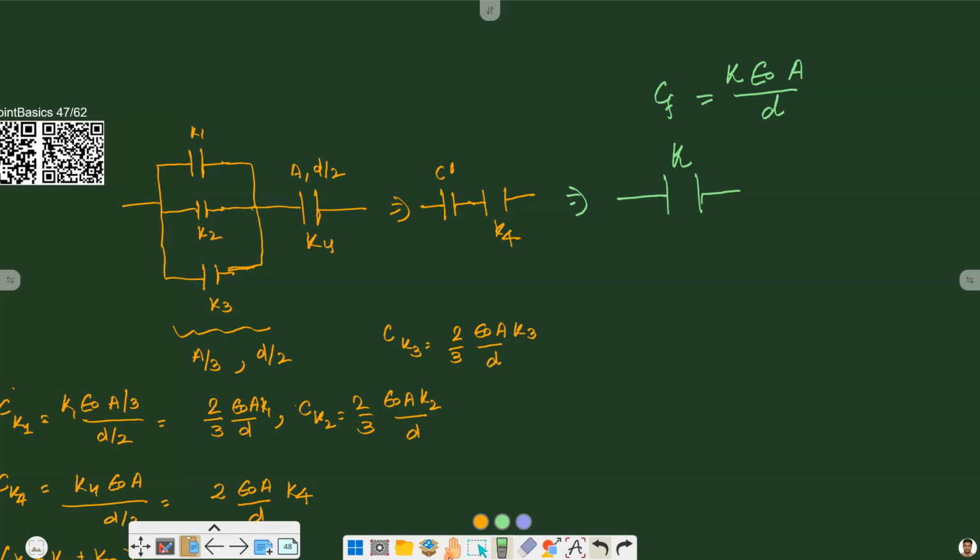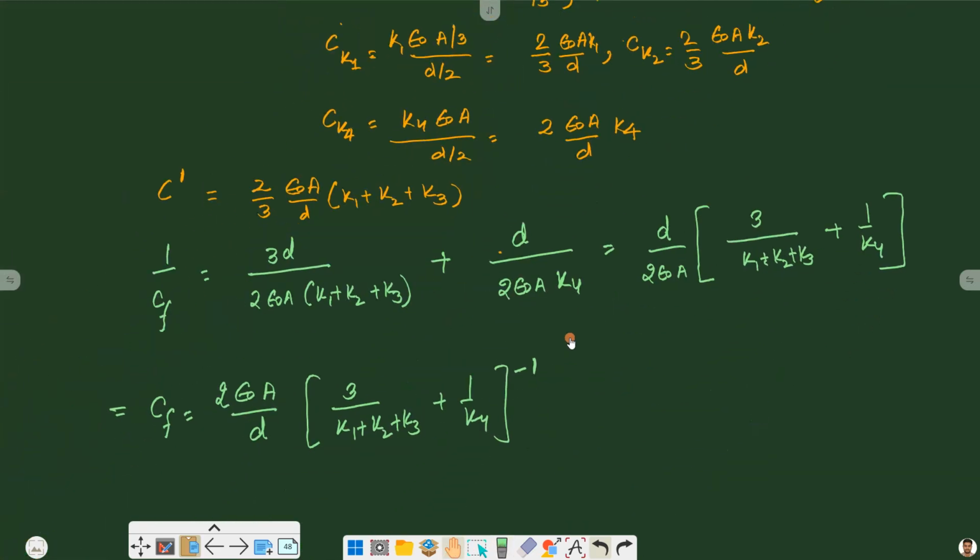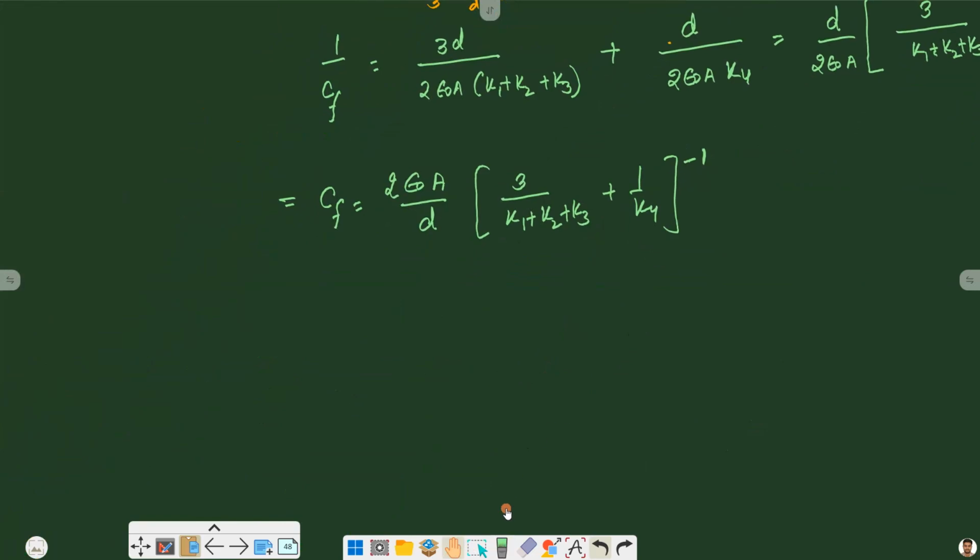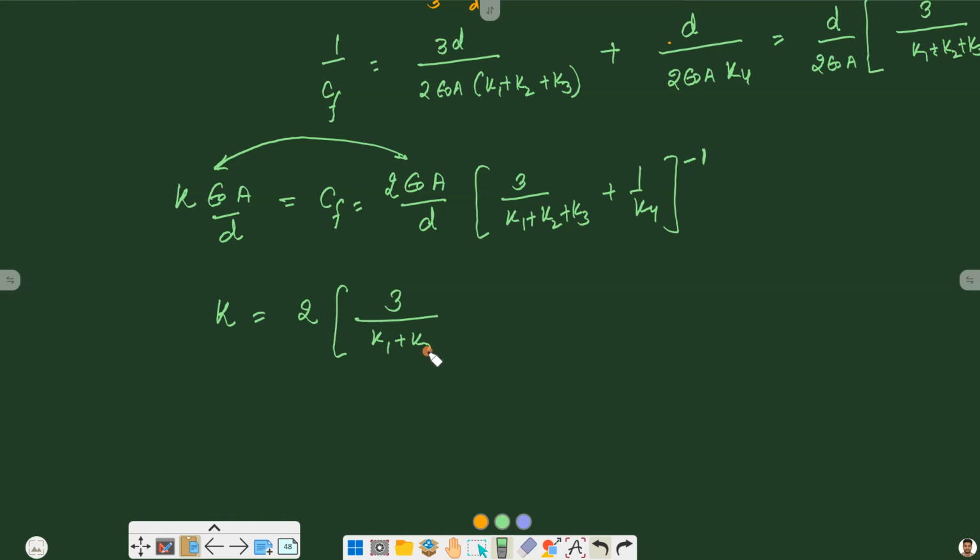By comparing this value and this value, we can easily write that K is equal to 2 times the inverse of 3 by K1 plus K2 plus K3 plus 1 by K4, and from this